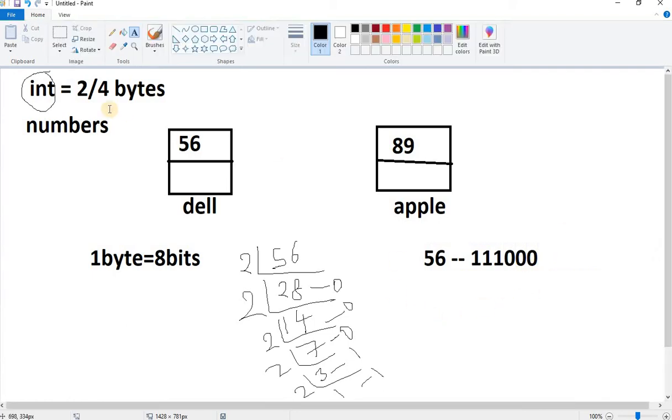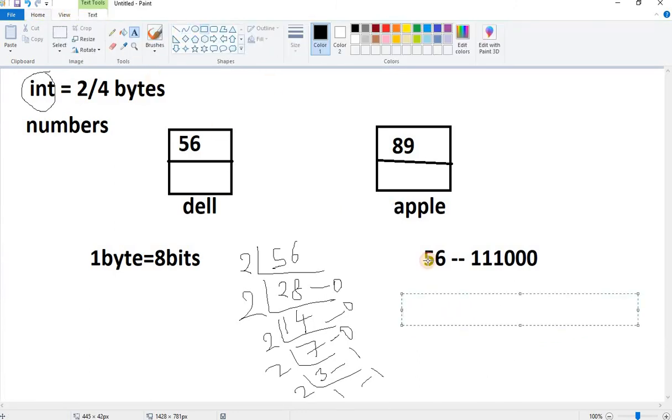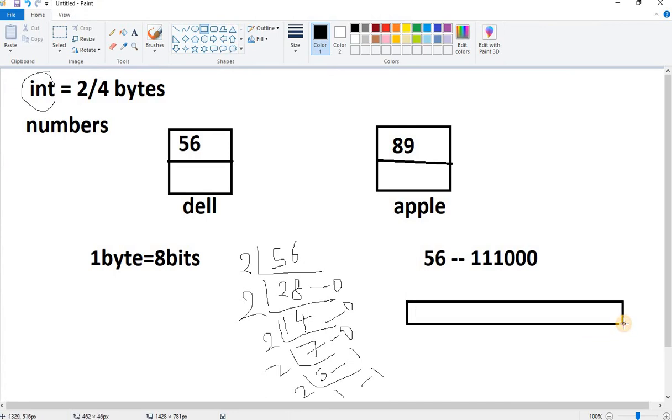Now, considering the first del has 8 bits, the size of this one is, anyway you know, 2 bytes, in the sense 16 bits. Now I'm taking only 8 bits: 1 2 3 4 5 6 7, and we need one more, which is 8.